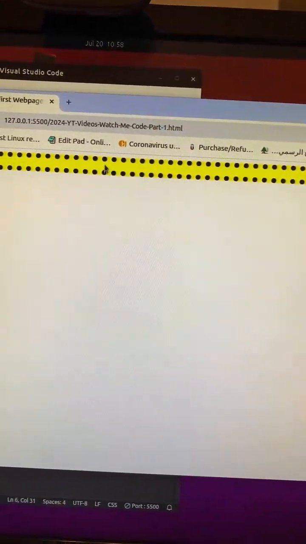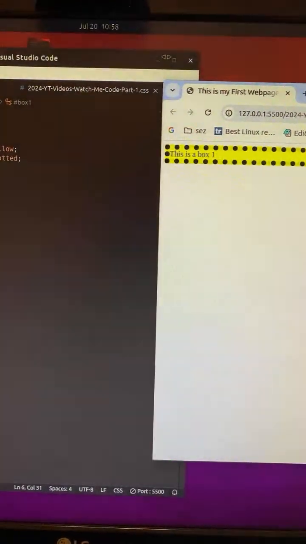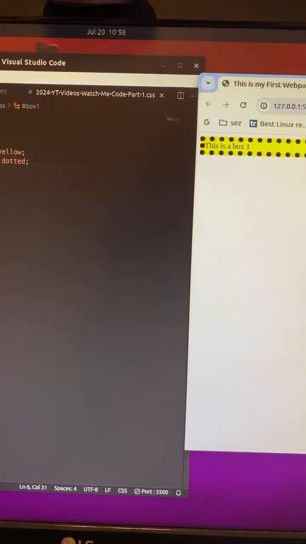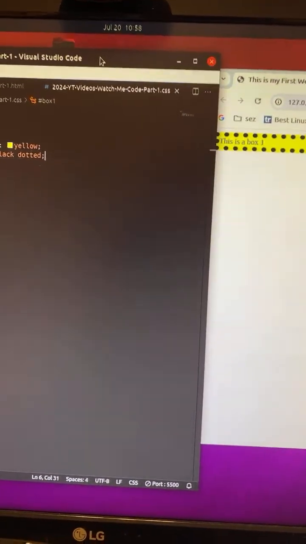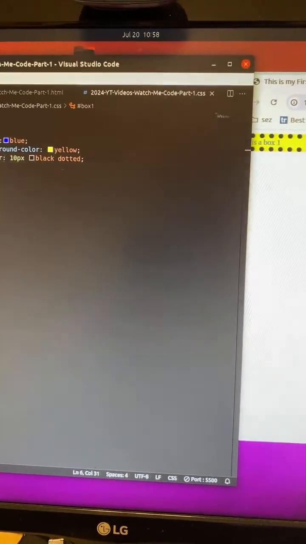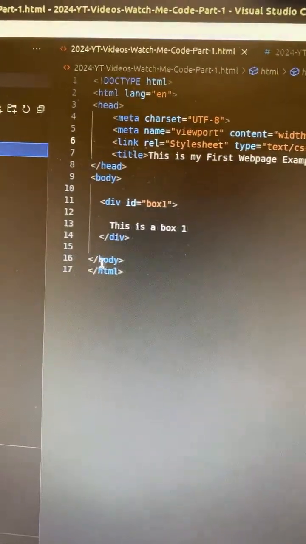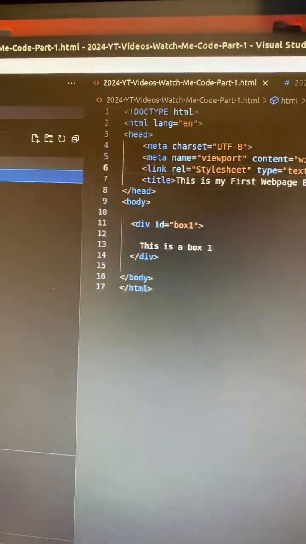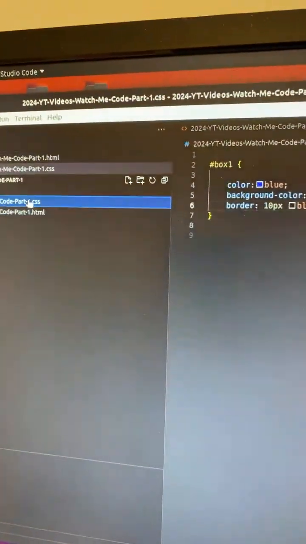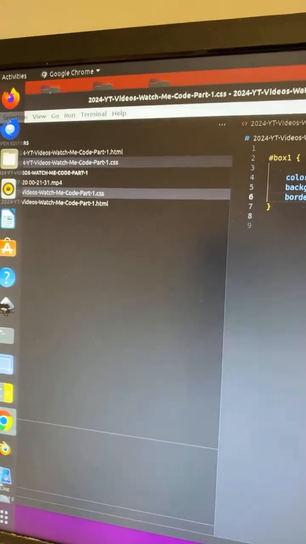and I have the background as yellow. So now I can give more style to this box. I want to show you how important CSS is. Without CSS, this is HTML here. So you have the box. It's very simple, and that's all it shows on a web page. But when I added the cascading style sheet here, this code, it gave it color and it changed,